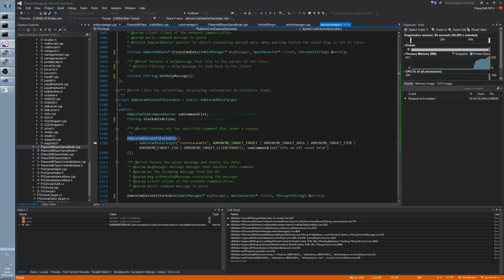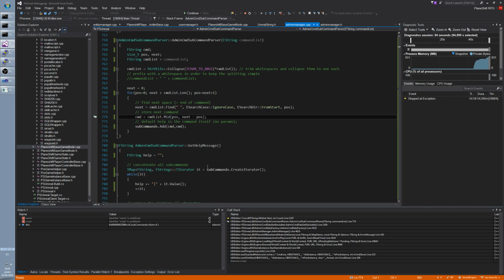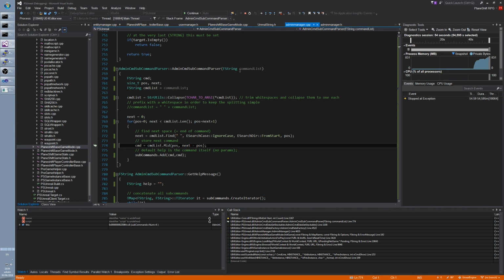It's trying to initialize this. It's trying to go inside admin command data target. Okay. Parse subcommand. Command list: info, on, off, reset, elf. Okay. Mid position, position 18. Next is completely messed up. Next is invalid. Next equal to